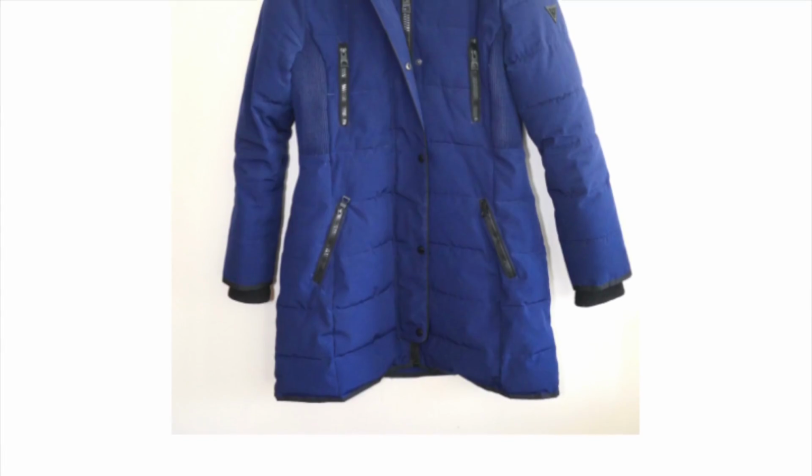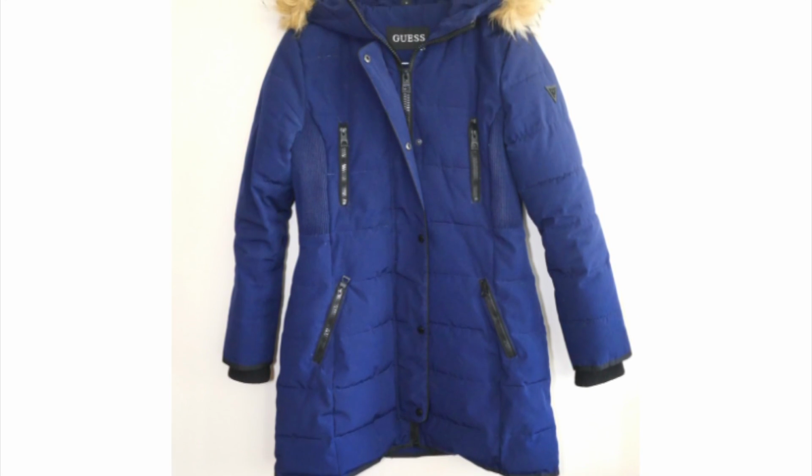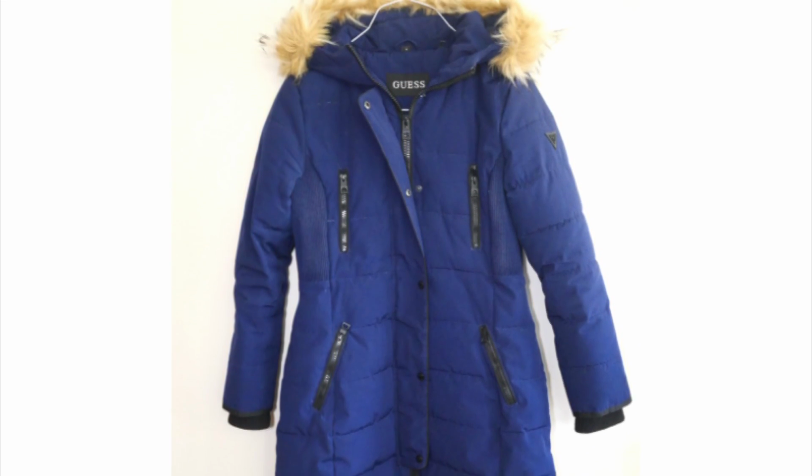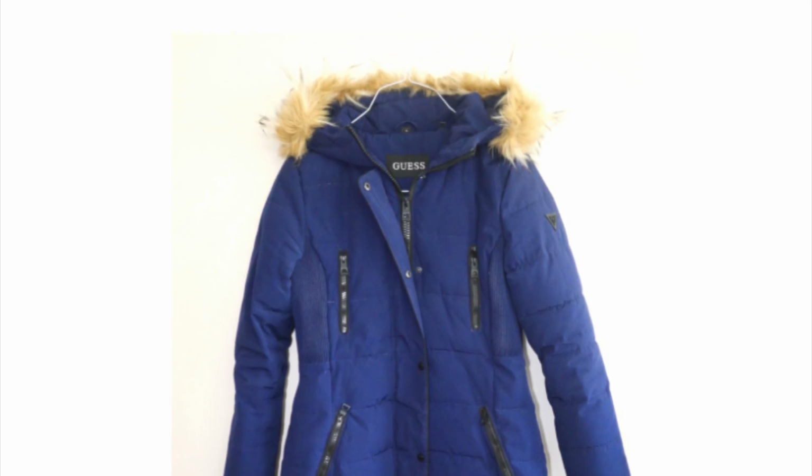The shell of the coat is polyester and cotton. The lining is 100% polyester, and the faux fur trim is obviously faux fur, and it breaks down the different types of acrylics and polyesters in there. The knit part is polyester and spandex, and the filling is polyester. So that means there's no down feathers in this coat, which I was a little